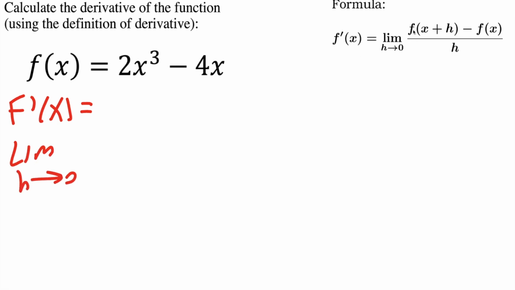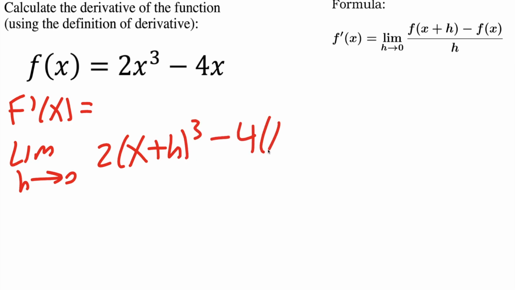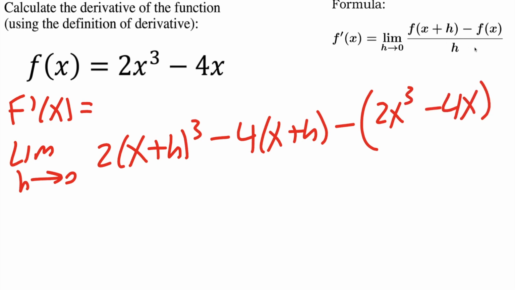0. Now it says f of x plus h. So wherever you see an x, you're going to replace it with x plus h. And I'll show you what I mean by that. So we'll have 2 times (x plus h) cubed, minus 4 times (x plus h). Now here we have a minus f of x. So you put a minus parentheses and you'll copy what you have: 2x cubed minus 4x. Now the whole thing is being divided by h,